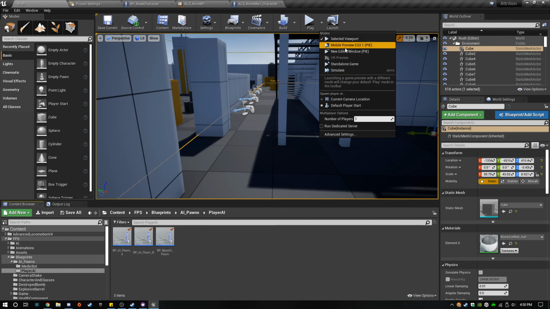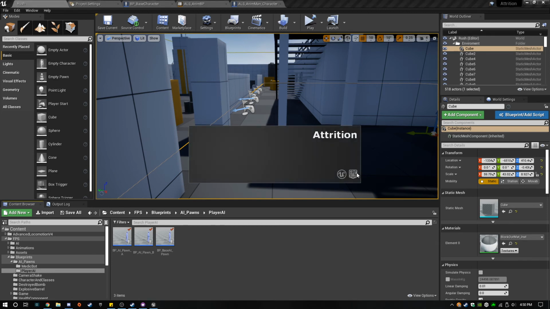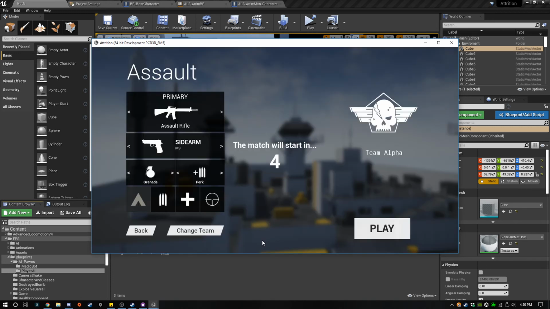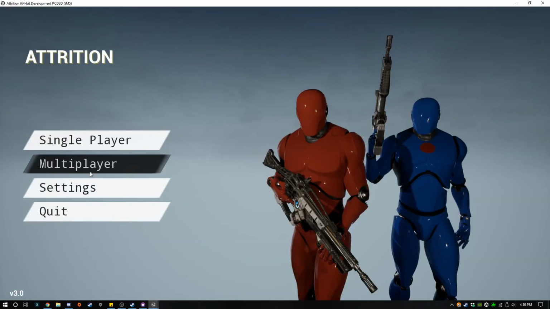So let's go ahead and start this in a standalone game, because we actually have our own Steam key set up for this as well. This will be on Steam, so we're going to start in a standalone game because you cannot run the Steam SDK in the editor. Mic off. Mic on. Alright, so you can see here down in the little right hand corner that we do have Steam enabled. Go ahead and full screen this for everybody since we're testing it.